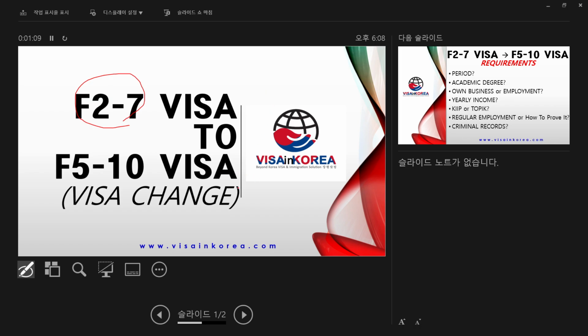And then F510 is one of the permanent residence visas, right? It is for those with a bachelor's degree from overseas majored in advanced technologies such as IT, biotechnology or chemical engineering, etc. Or if you got a bachelor's degree from one of the Korean universities, or a master's degree from one of the Korean universities, it doesn't matter about the major if you got the master's degree from one of the Korean universities.